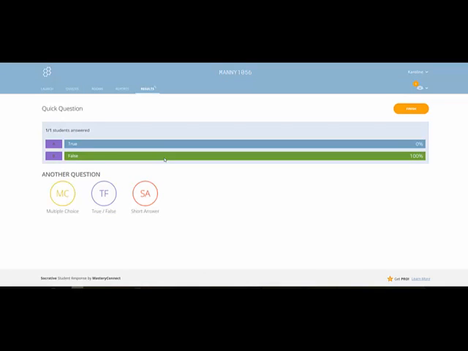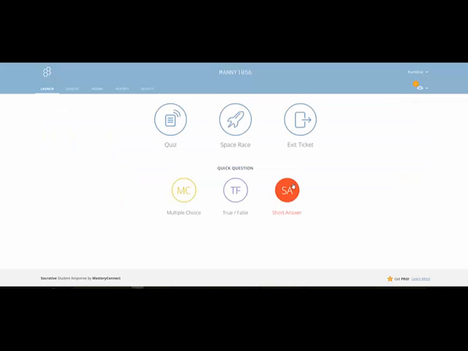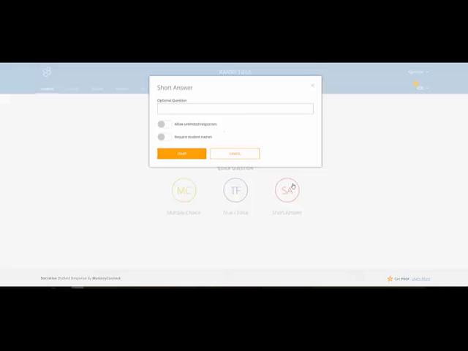You can see the number of students who answered false and the number of students who answered true. Again, in this way, you can see whether your students are paying attention and getting what you're talking about, or whether you need to continue explaining. The short answer option under Quick Question can be a great way to solicit more detailed or more complex feedback from the students. If I click on Short Answer,